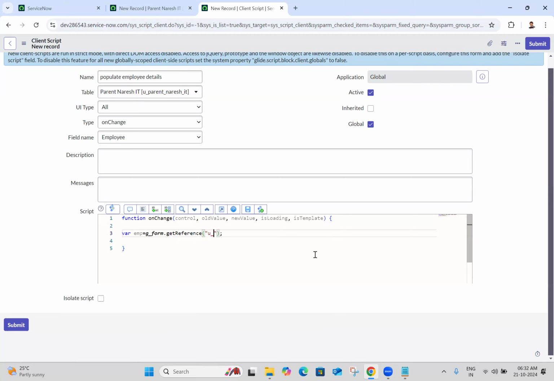U_employee. In your case, you can just copy paste the field names. So don't type, okay? If there are any spelling mistakes, it will not work. Where emp equals g_form.getReference of employee. Now you can come, g_form.setValue of